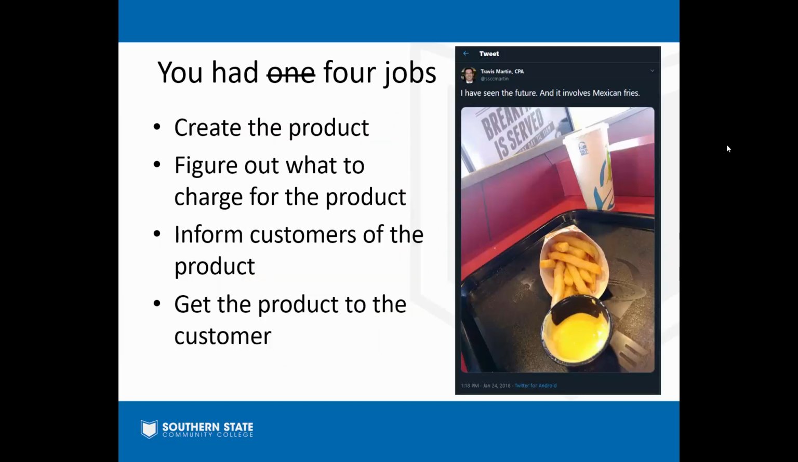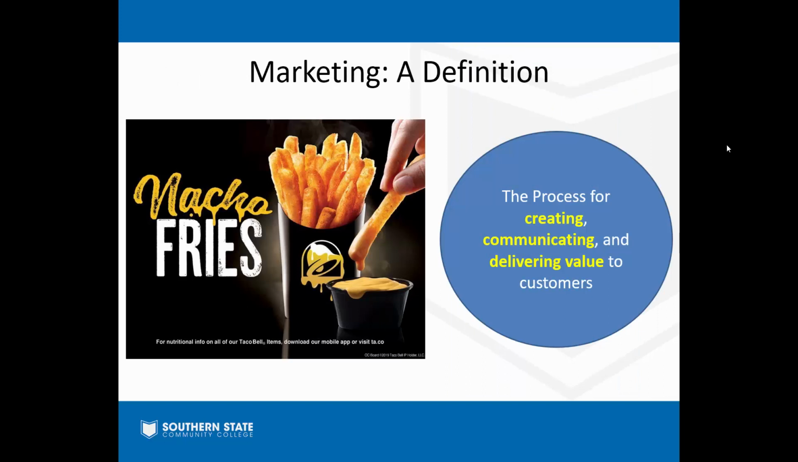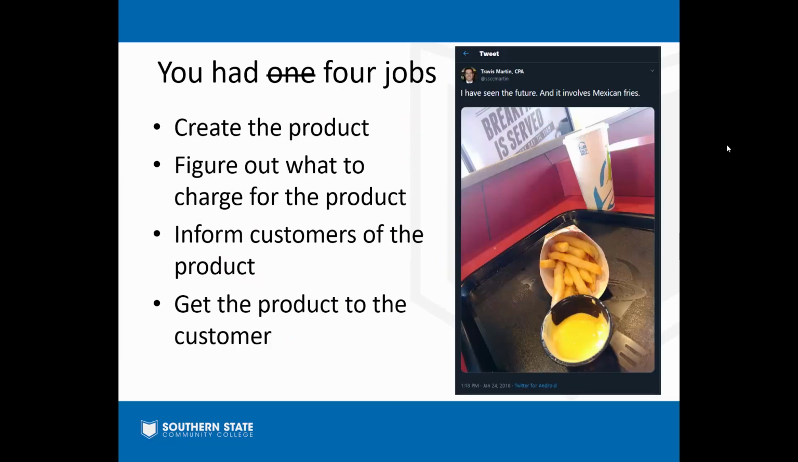So it's not, well, you had one job. You really have 4 jobs in marketing. We have to create a product. We have to figure out what to charge a customer for the product. We have to inform customers that the product exists and tell them what the virtues of the product are. And then finally, we have to be able to get the product to the customer in a time and place that they want it. So it's not just running an advertisement. It's all of these different things combined, from the point of creating the product to the point of getting it onto my tray when I go to Taco Bell, if we're talking about nacho fries,